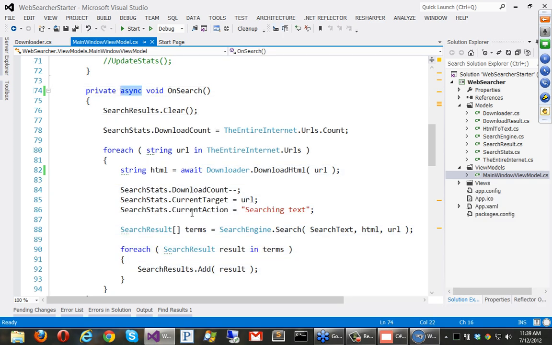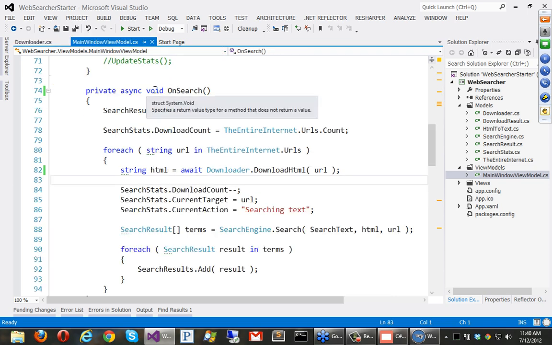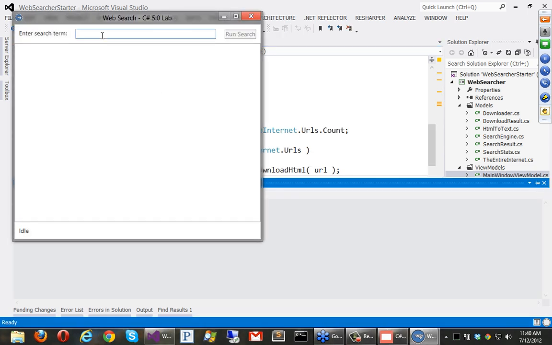We've just put async and await in two different locations, and down here in the downloader, we've converted from download string to download string task async. What the C# compiler does is basically write the code that we wrote in the first example we saw in the console application. It says, okay, we need to break this into a bunch of tasks, and the stuff that happens after the task is done is a continue with, but it adds some additional magic to keep this happening on the right thread.